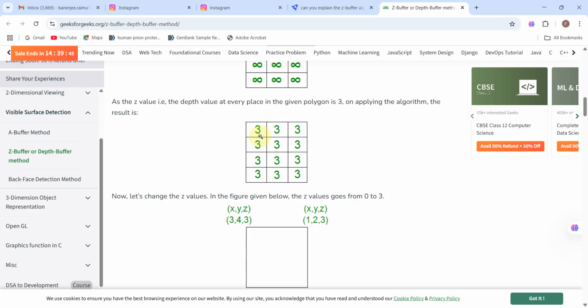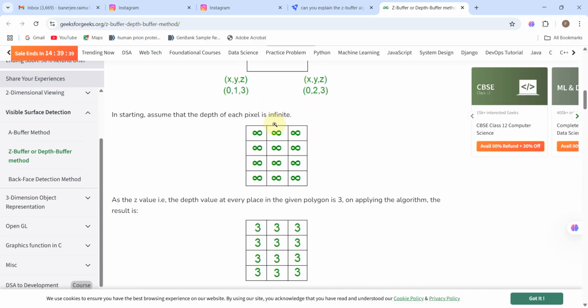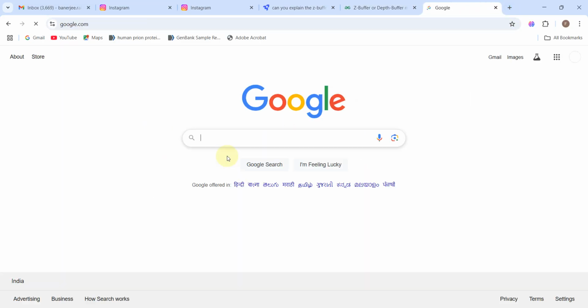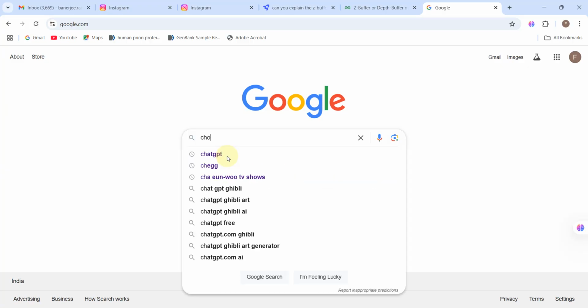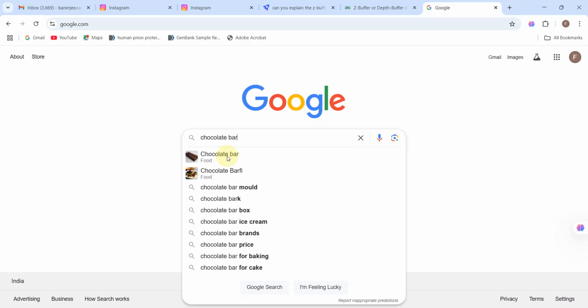So for example, here we saw that when the plane is not tilted, it is in one surface as if like a candy bar. I'm going to show you the candy bar, right? Chocolate bar.